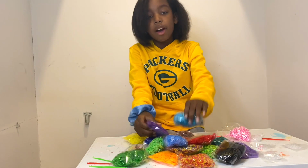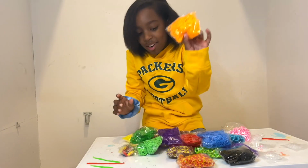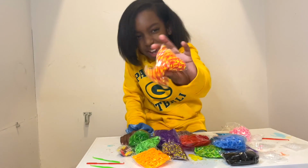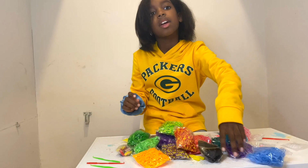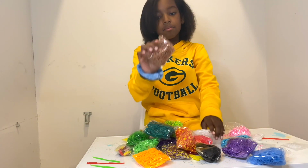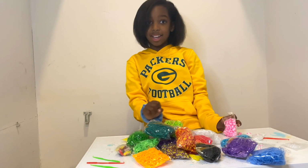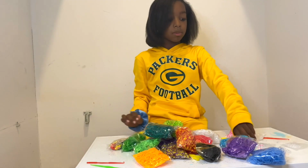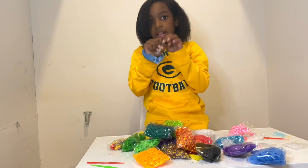We have purple, teal, blue, green, another green, orange, yellow and purple that will go together. But we have red and yellow, green and yellow, black, purple, and a seedy green, white, brown, and these ones that we are going to be using today. So let's get started. And I have some tools, some charms, and some little clear S's to hook the bracelets and